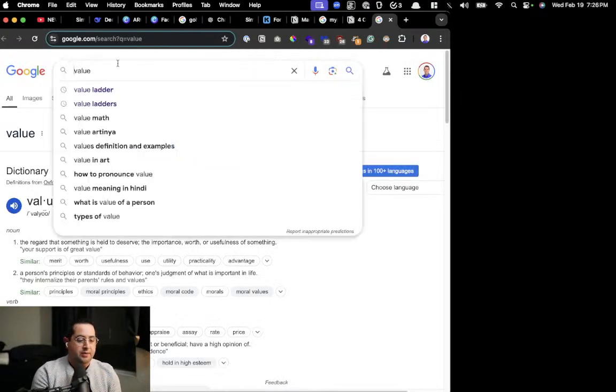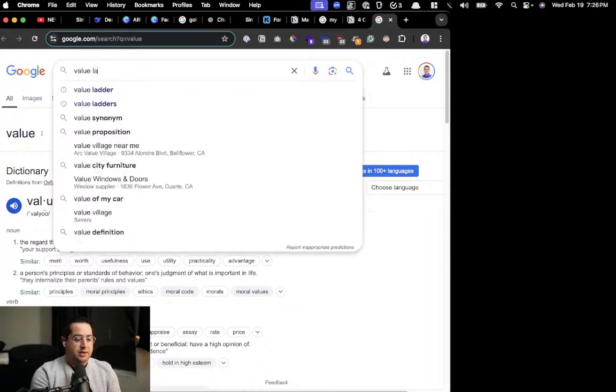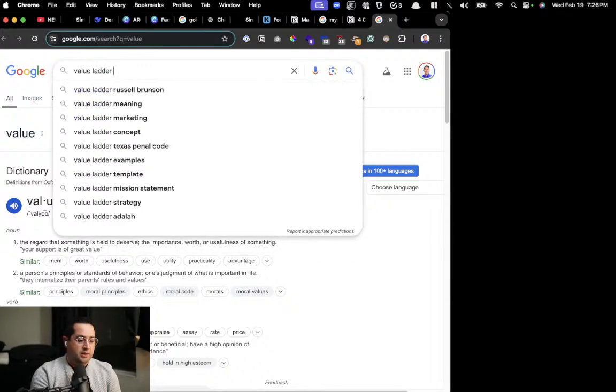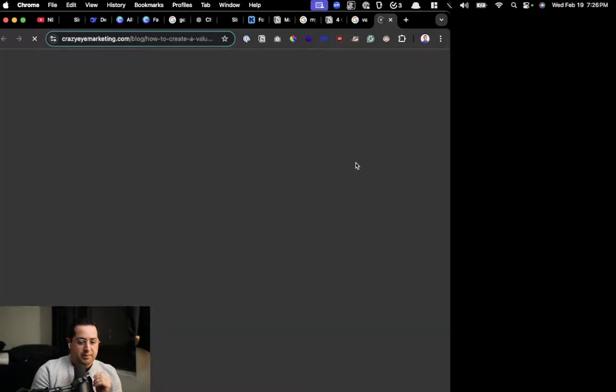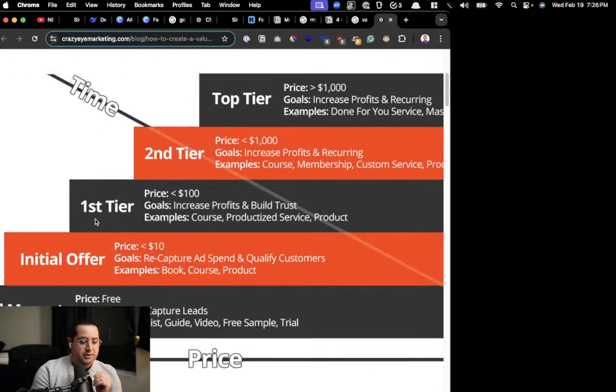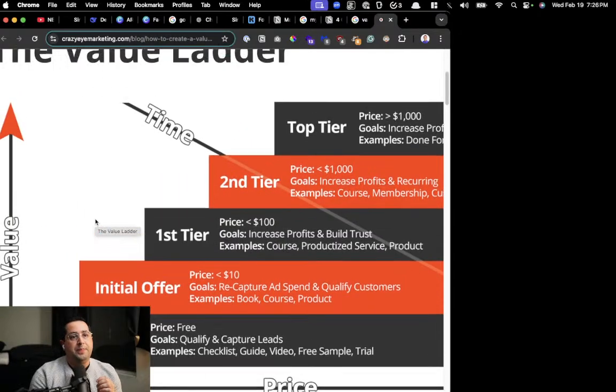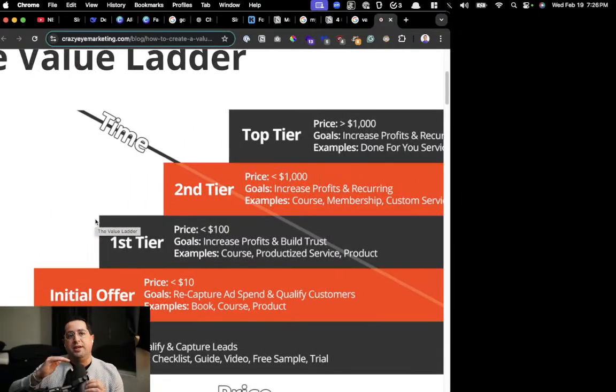This is very, very important. I didn't think we would be getting into marketing value ladder, but we're going to get into marketing because a lot of people want more leads and more sales. This follows the same framework. You could take a screenshot. This thing's awesome. It's called the value ladder, stairway of trust, I like to call it.